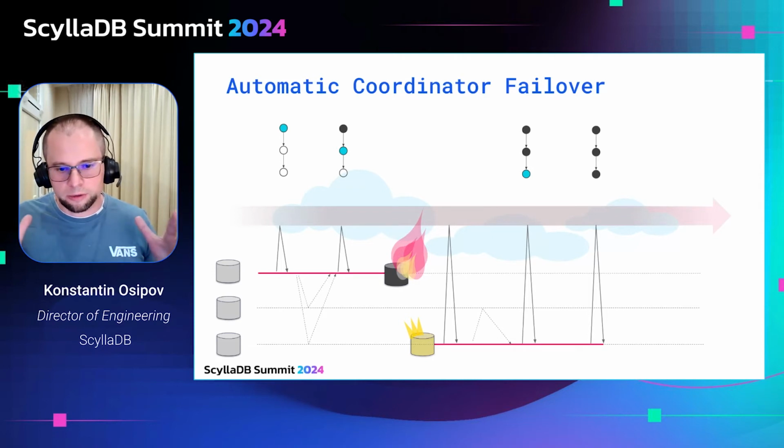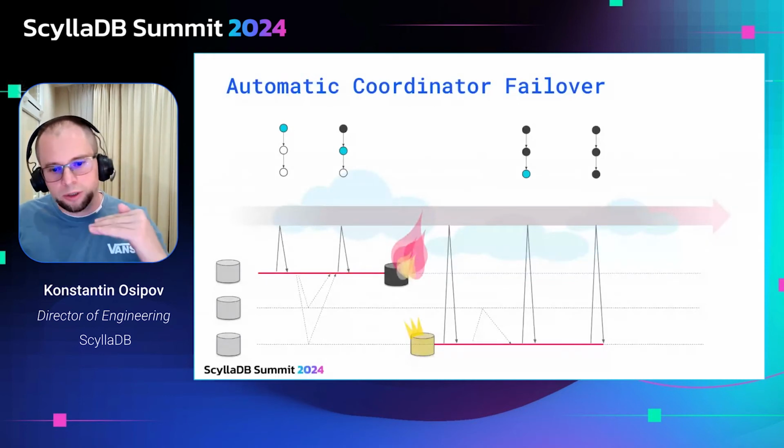And like I already mentioned, in the event of the coordinator failure, a new node is automatically elected as the leader of the cluster, and continues to drive the topology work forward, continues to work off the topology operation queue. The important part of it is that since the coordinator state is stored in this deterministic state machine, which is replicated across the entire cluster, the new coordinator can continue where the previous coordinator left off.